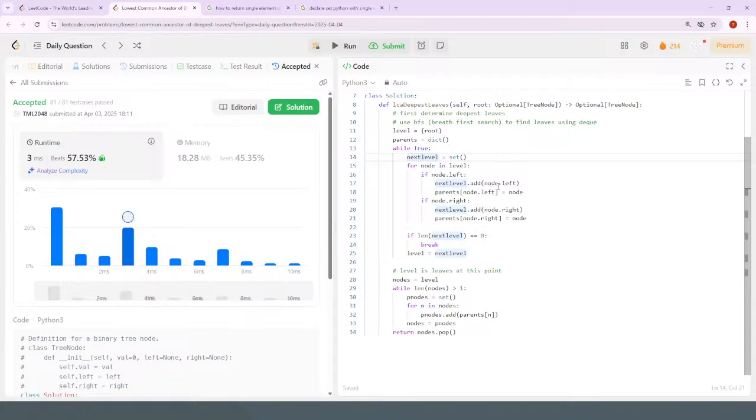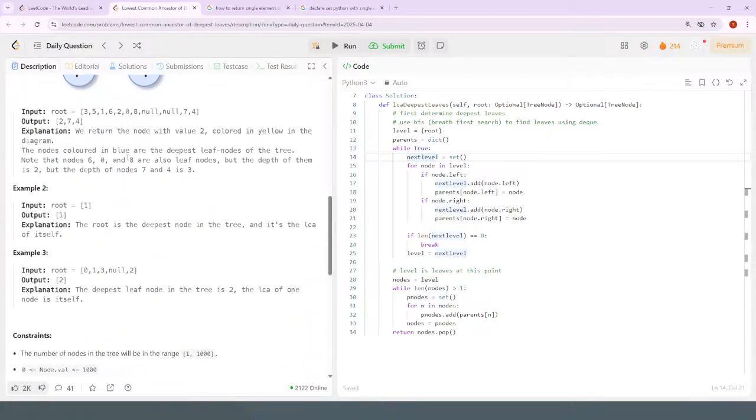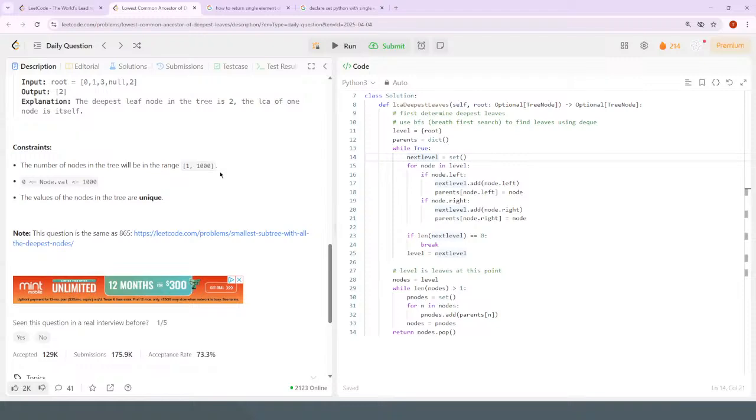So you have a level and then you create a next level. And you create a dictionary for mapping nodes back to their parents. I wonder. The number of nodes in the tree will be in the range 1 to 1,000. Values in the nodes are unique. So I wonder, can you